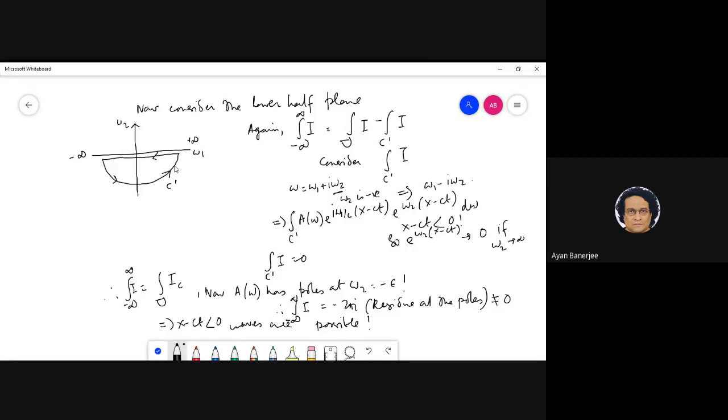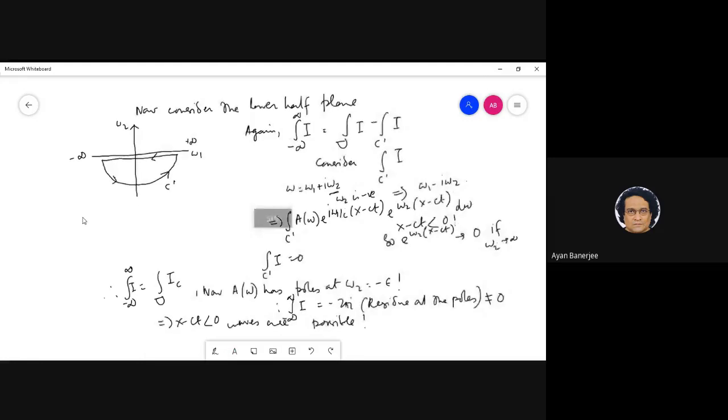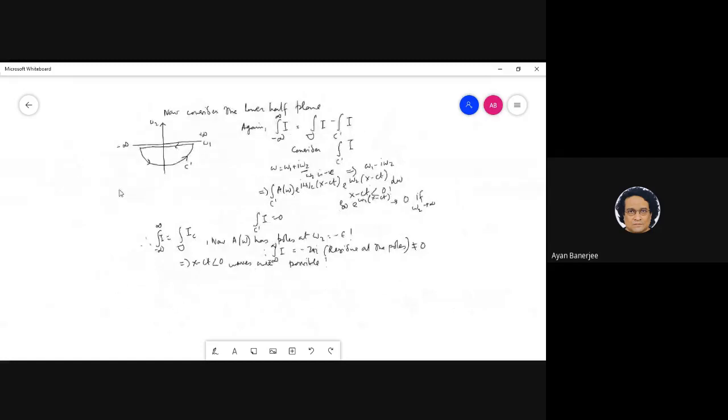So very clearly now, guys, if you think of time-like light cone in the upper half plane, there is a problem, right? Because again, in the upper half plane, your x minus ct is less than 0, so e to the omega 2 will diverge, right? So similarly, in the lower half plane, x minus ct greater than 0 diverges, right? So we cannot even evaluate those two integrals, I mean, those two sorts of cases.